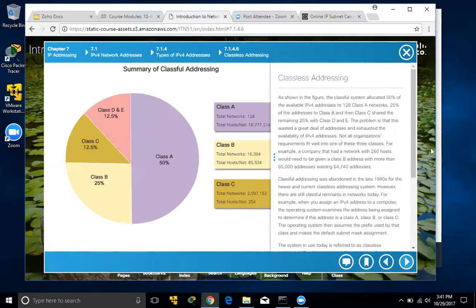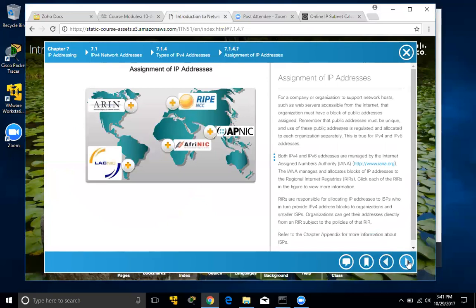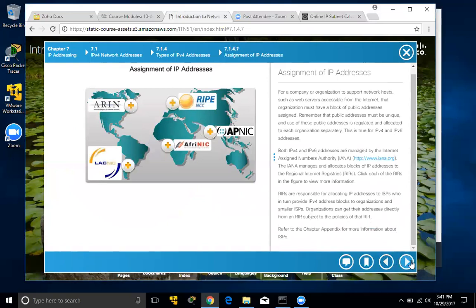And so they went to classless, or CIDR, I think the acronym, they use the CIDR acronym in here somewhere. Good to just understand the concept of it, but again, not excruciating detail. Assignment of IP addresses, so somebody has to decide who gets which one of these numbers. And you have a thing called IANA that handles it, and then they have this deal where they're showing you globally what regions are assigned to track and hand off the IP addresses that do need to be assigned out